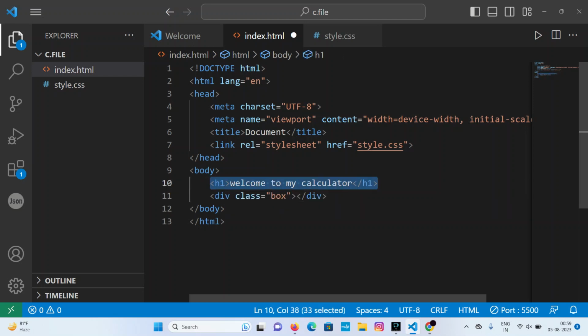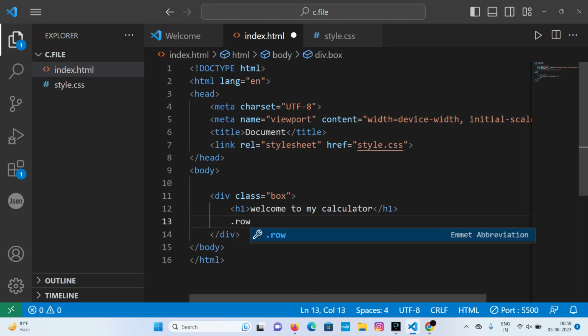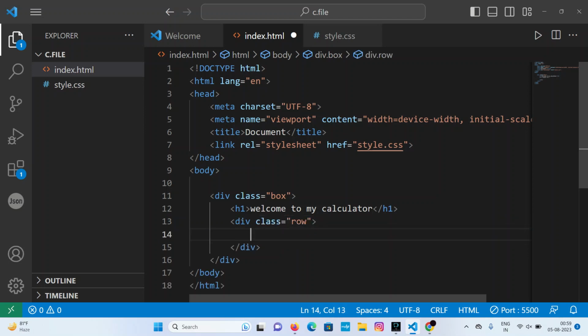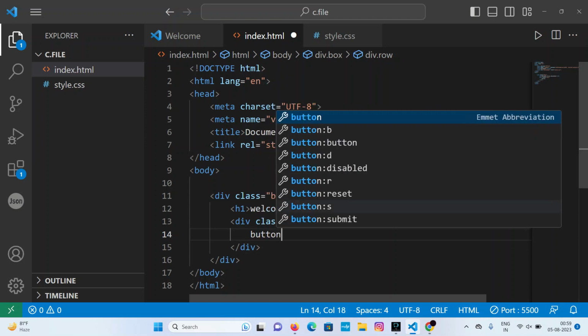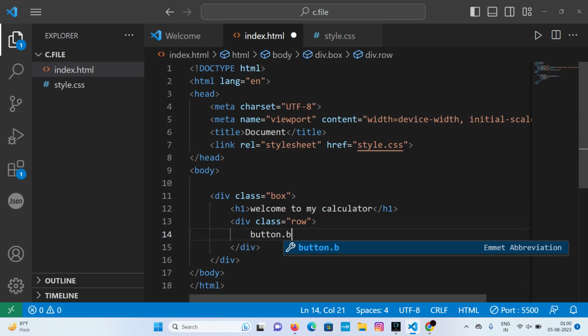And I'll add it Control C, Control V, and in the box I'll make a new ID that will be a button, that will be a row, and under the row I'll make a button having a class btn, and that will be written these words